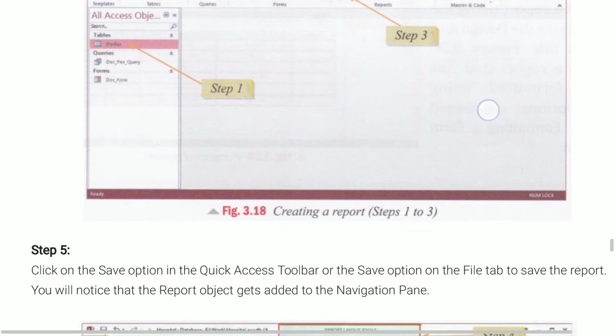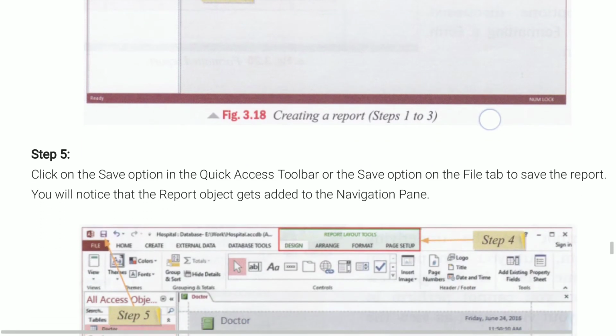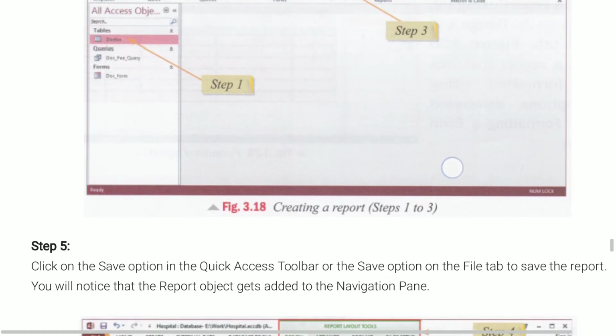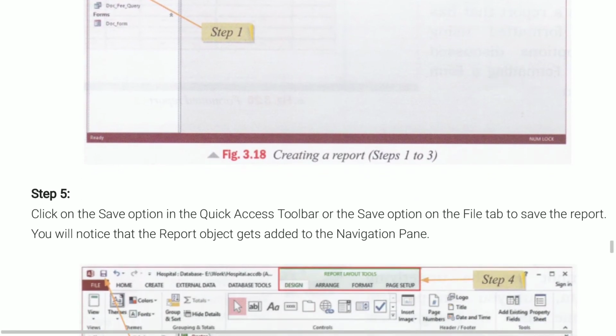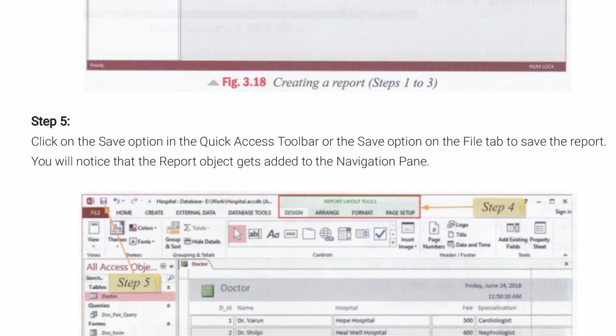You can see in the next figure, these 4 new tabs, Design, Arrange, Format and Page Setup, have appeared after clicking on the Report option in the previous figure. Here you can see, as we click on this Report option, the 4 new tabs will appear.